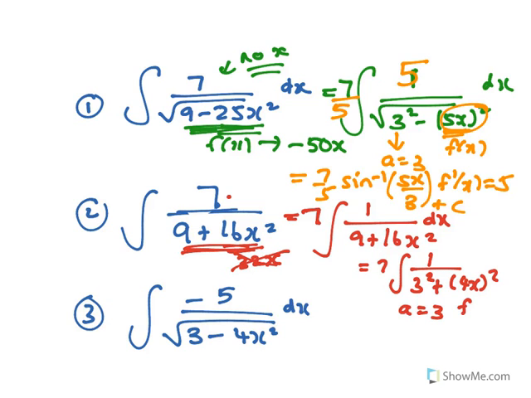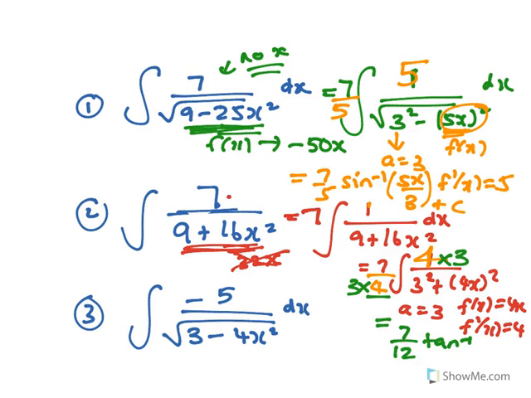So the a is equal to 3, the f of x is equal to 4x, f dash x is 4. That means on the top here, there should be a 4, but there isn't, so we put it in and we divide by 4. There really should be there too the extra a. The extra a is a 3, so that's why that'll be divided by 3. You notice the 1 on a is just put directly into your formula sheet. So it's 7/12 tan the minus 1, because that thing on the bottom we're dividing by is 3 times the 4. Tan the minus 1 of f of x, which is the 4x, on the a, which is the 3,